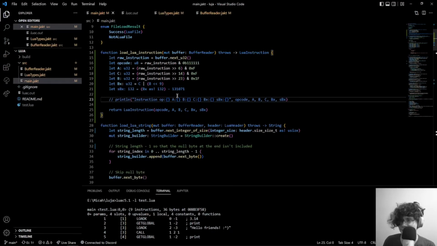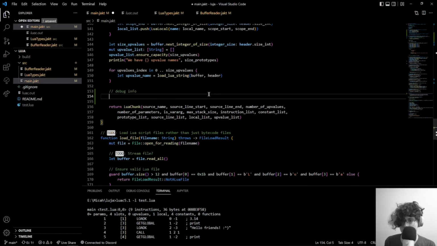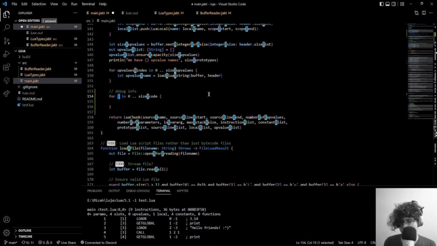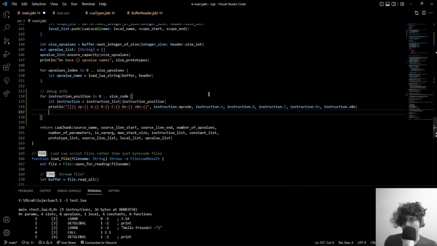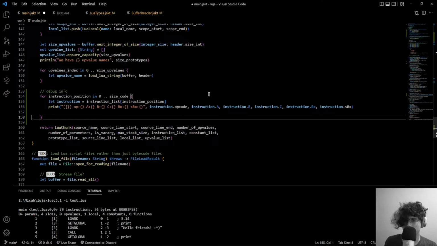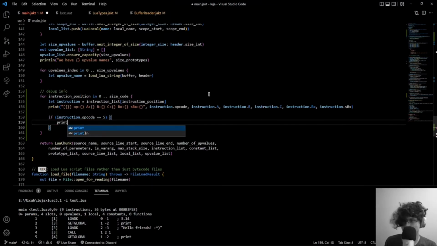Syntax highlighting, still trying its best. So once we're done parsing, I'm going to actually go through the instruction list and print out some information. Size code, or right, to give it a variable. Can I do this? Oh wait, no, this is probably good to know. We'll print the instruction, the opcode, all the things, and then we'll say, if the instruction opcode is 5, which is get global, we'll print